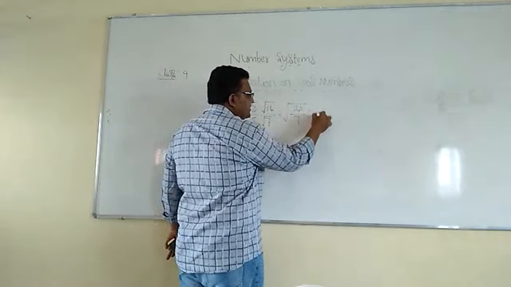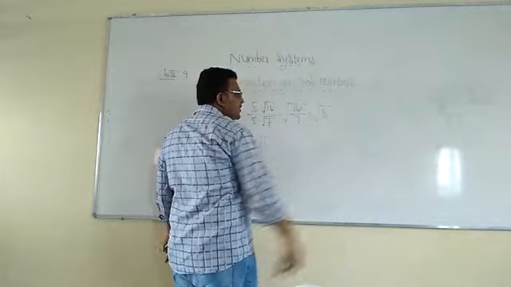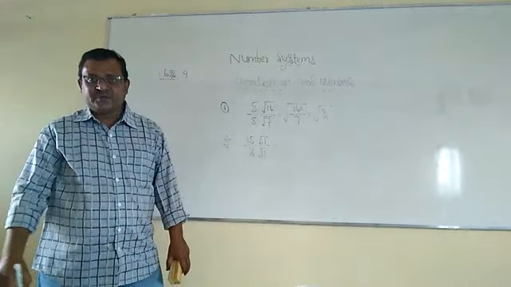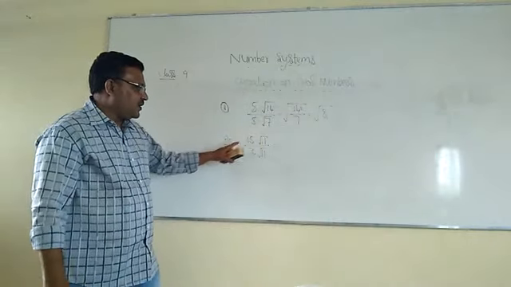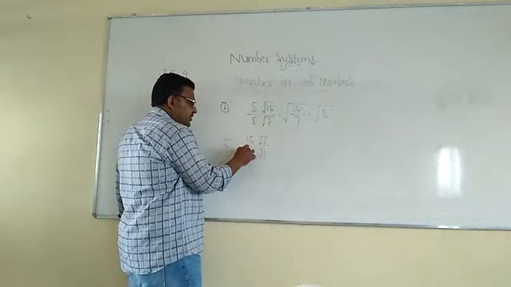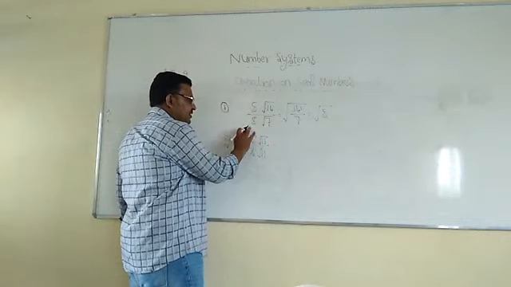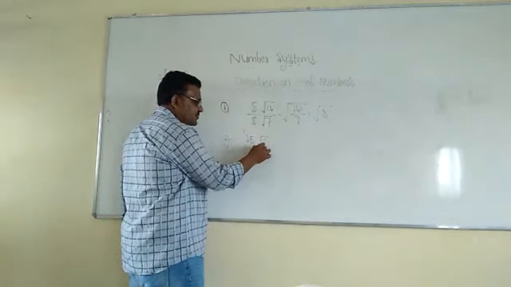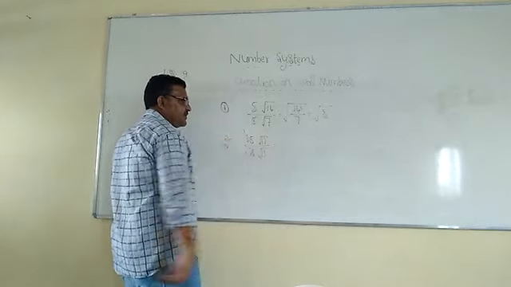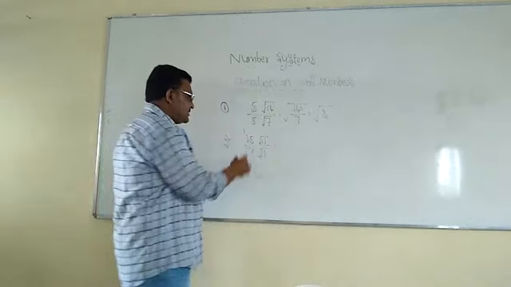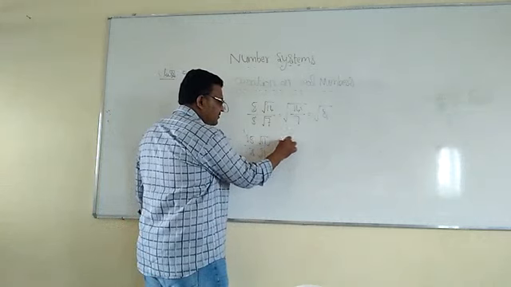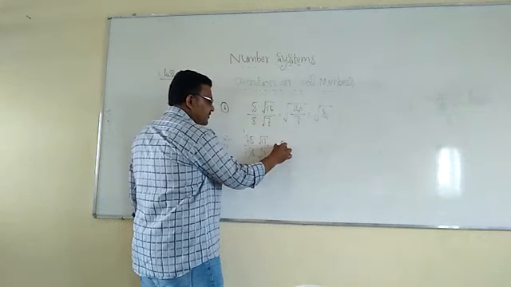Then what will remain here? Square root of 2 by 1 means square root 2. So root 2 we got. Now coming to here, denominator 3 ones, numerator 3 5s. So here square root of 11, square root of 11 will get cancelled. Then what will remain? 5 by 1. 5 by 1 means 5.